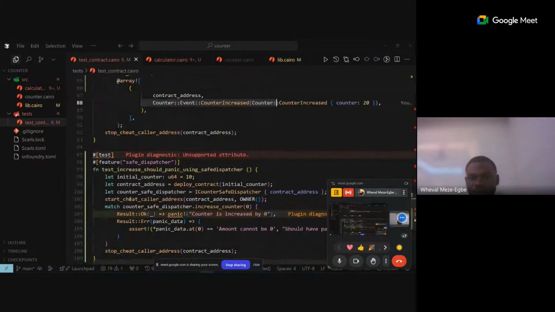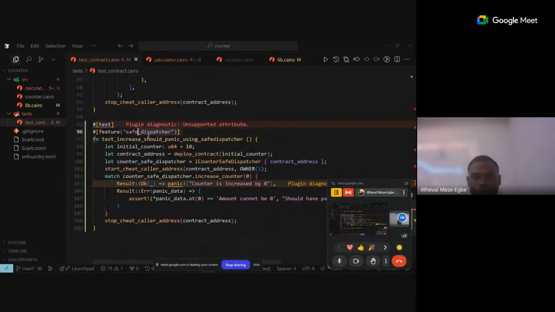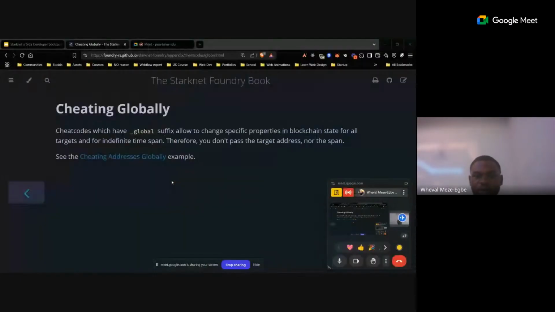And also we talked about the SafeDispatcher feature that we can use to test our smart contract without it having to panic, right? We test specific cases of smart contracts without them panicking. I mentioned the difference between the two of them, like how to actually panic the contract, and then